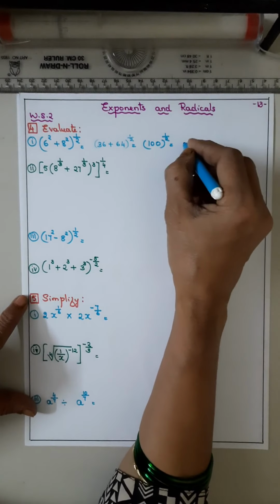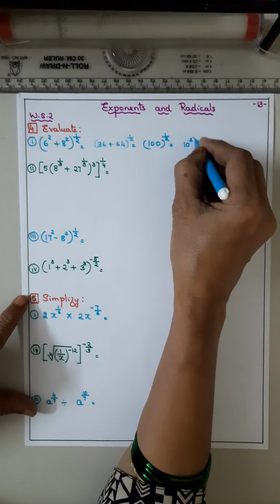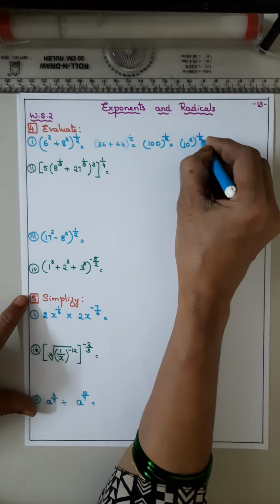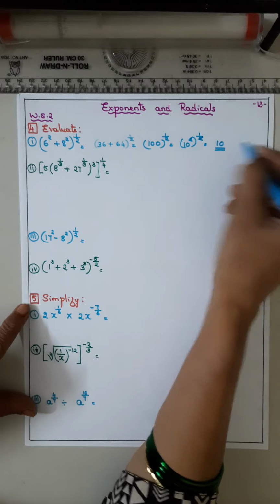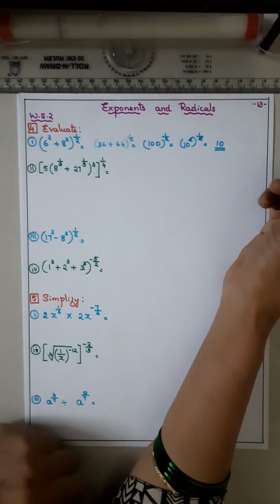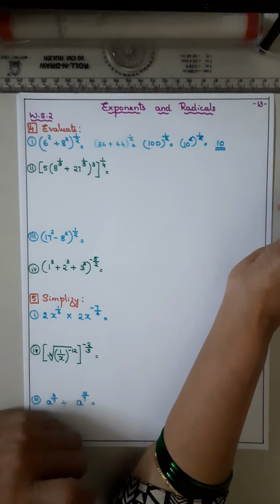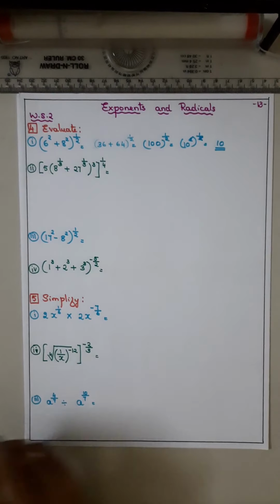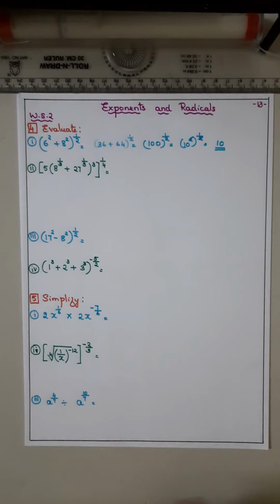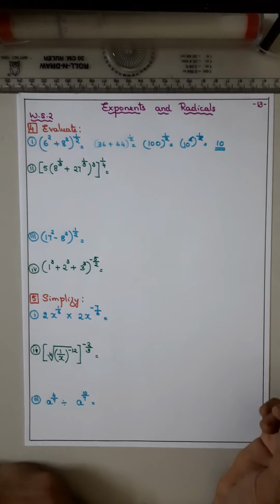Now 100 is whose square? It is 10 squared, to the power 1 by 2. So this 2 gets cancelled. The answer is 10. 10 to the power 1, that is 10. Understood? Now coming to the fifth sum, it is 5 bracket open 8 to the power 1 by 3 plus 27